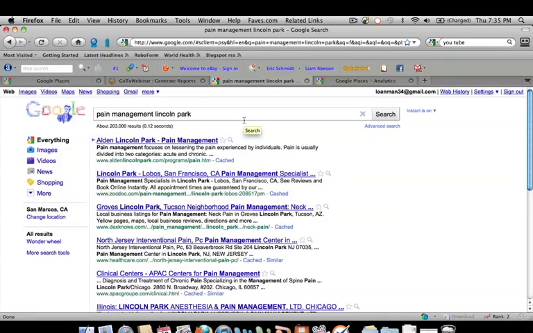But it starts with Google because, as I stated in the beginning, Google gets 70% of all web searches. And they're the big 300-pound gorilla. Okay, so let's go to